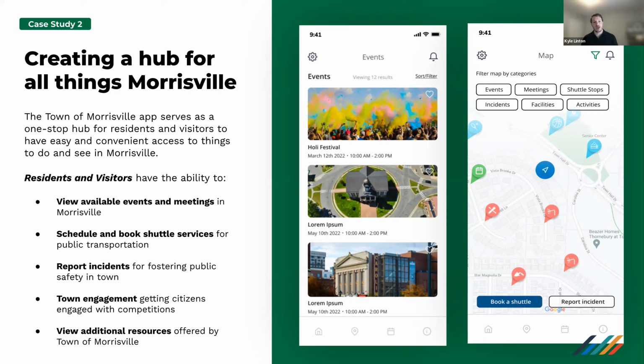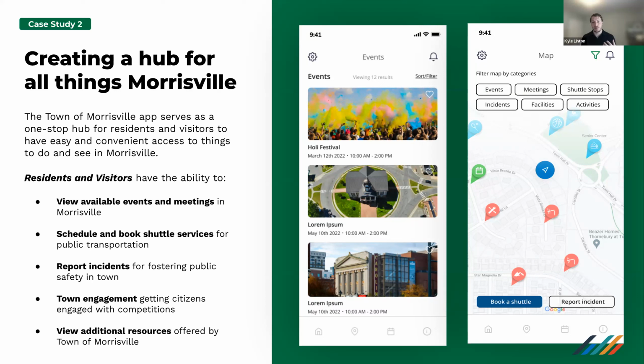To help steer the ship, we understand how to build technology, but the town understands how to engage with citizens and think through what are ways that the citizens might want to better engage with the town. So that marriage of where we can bring in domain expertise and guide that experience, if it's a feature around gamification or chat bots or whatever else, we can guide an experience, but the town is really telling us, oh, this is what we want the most based on what our citizens like.